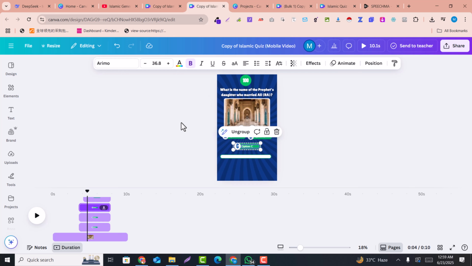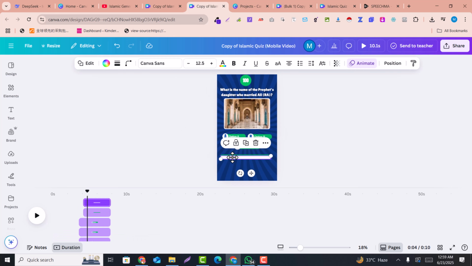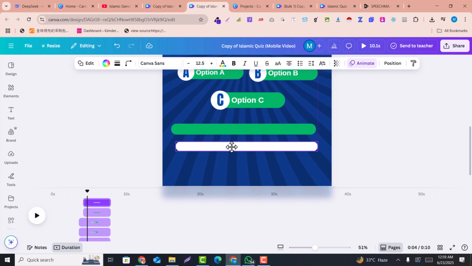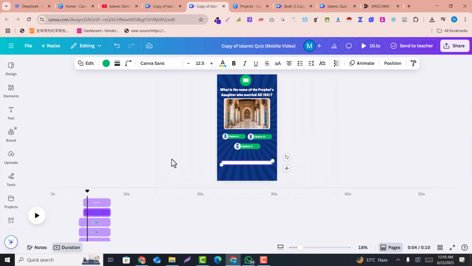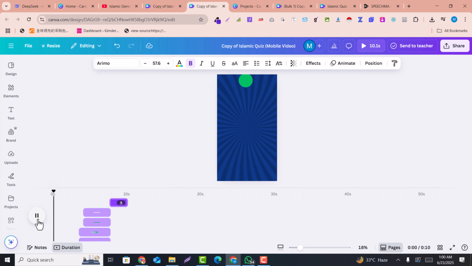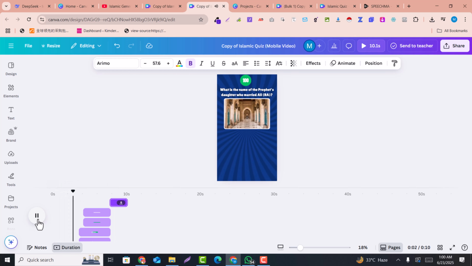So here you can see this is more looking more beautiful, and if you want to make it center, you can see this is not in the center, so I just make it in the center as so. So here and here, if you see here options, and this is your correct answer. So here I just make it more bigger. Here allow that, just click here. So this is how you can create the YouTube Shorts as well.